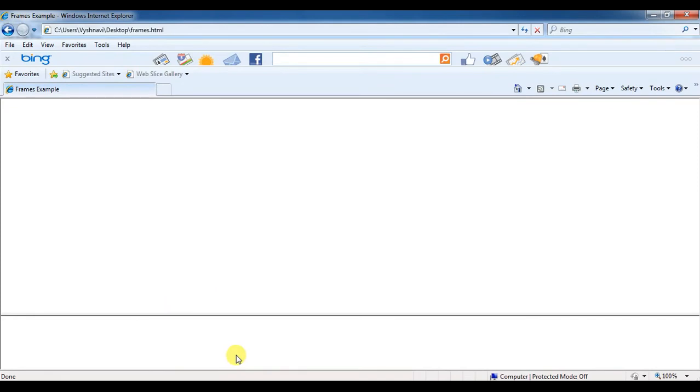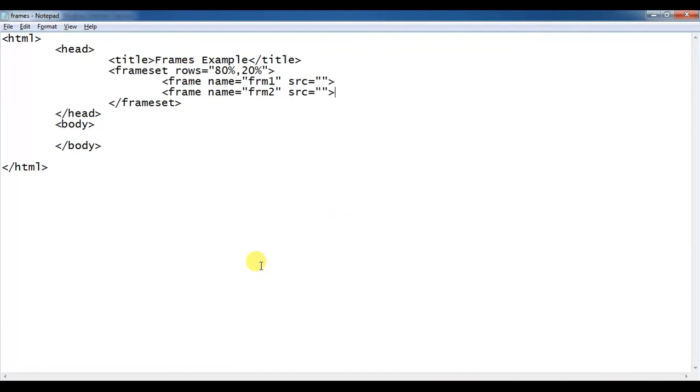Now if you want to display some content in this one, you need to specify the file name in the source attribute. For example, I want to display the web page content of one program called hrulers.html in the first partition. You observe one thing: in the source it's not compulsory to specify a HTML file. You can specify any type of file. The file can be of image, it can be of a graphic, or it can be of animation.